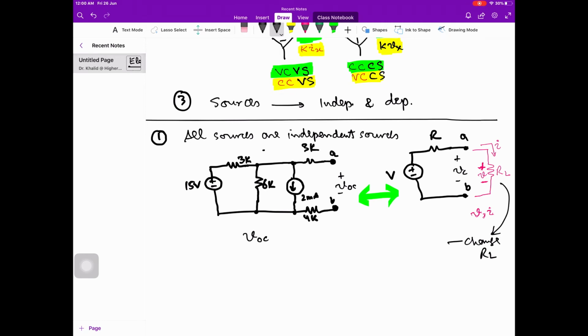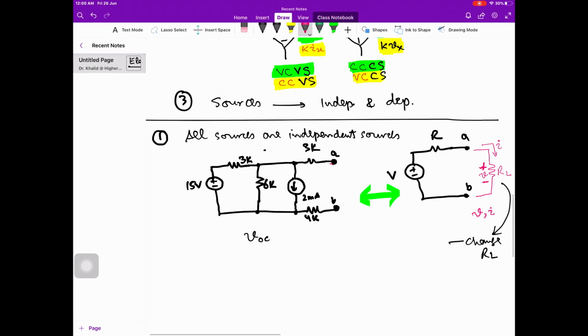And then the I short circuit of the original circuit must be equal to the I short circuit of the equivalent circuit. So I will delete these things for clarity. Later I will put it back. So V open circuit and I short circuit,